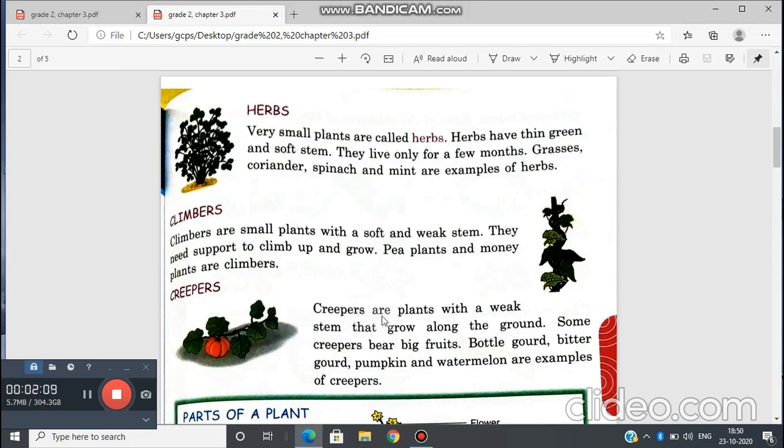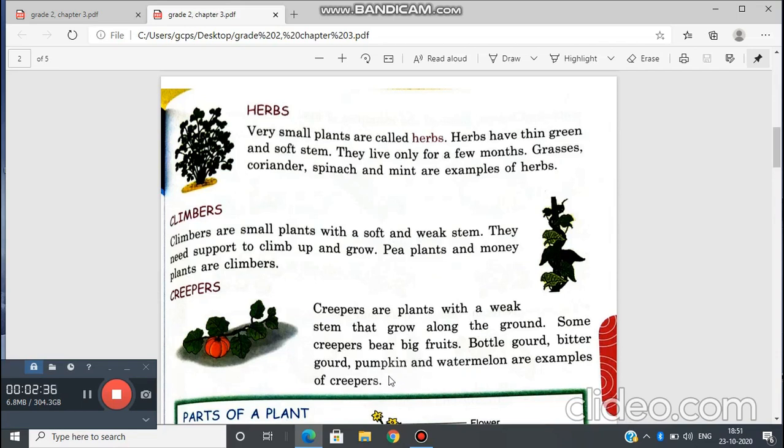Creepers, as the name suggests, are plants that creep on the ground. They have very thin stem. You can see that it can neither stand erect nor support all its weight. It is unable to bear the weight.